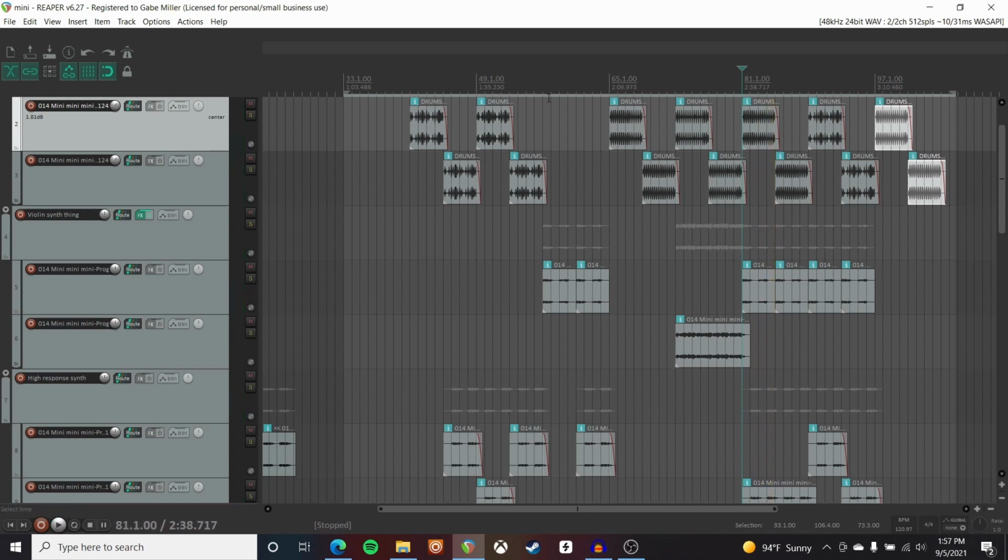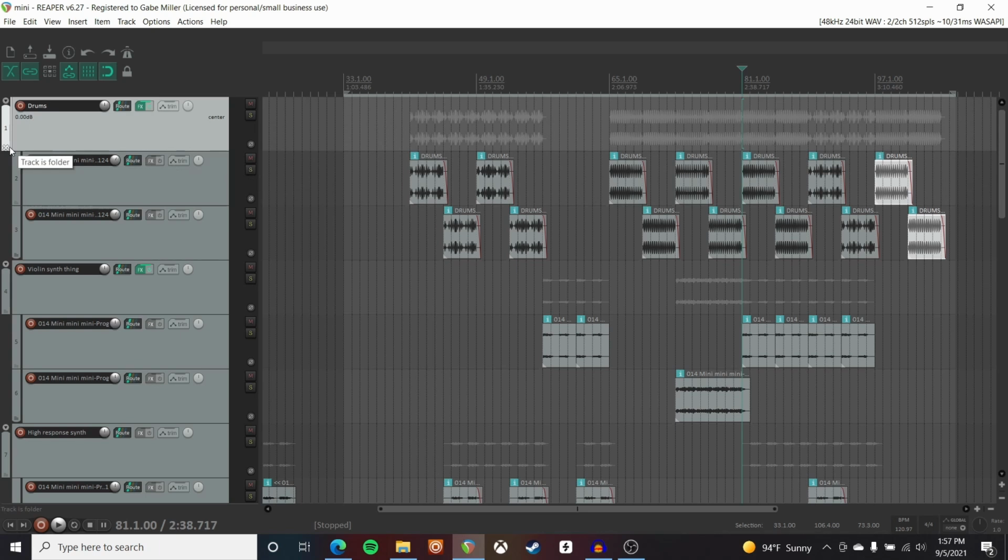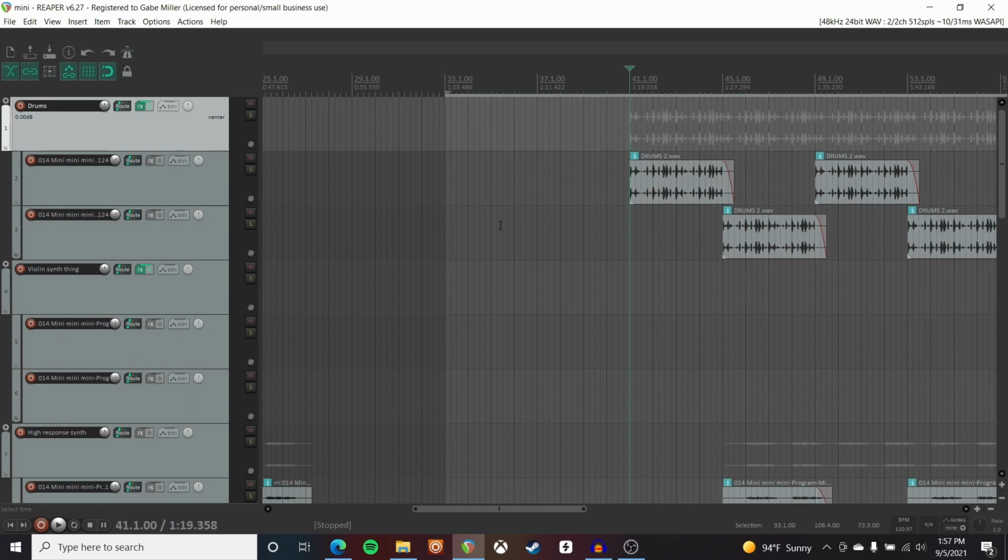So here's a key thing that I really want to show you. And this is Reaper specific, but there will almost certainly be equivalents in other DAWs. This is just how I'm doing it in Reaper. You'll notice these tracks are a bit bumped out from where these tracks are. These are kind of indented in. That's because these two tracks right here are contained within this track, which is like a folder is what they call them. What this allows me to do is consolidate elements and make them overlap, because each sound will have